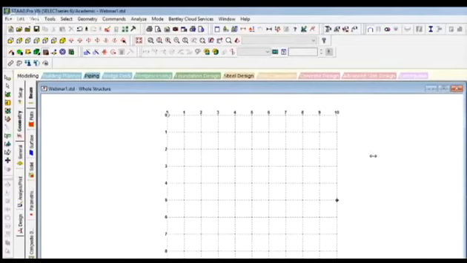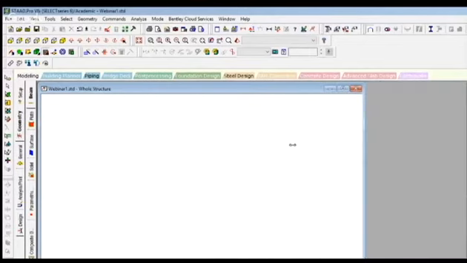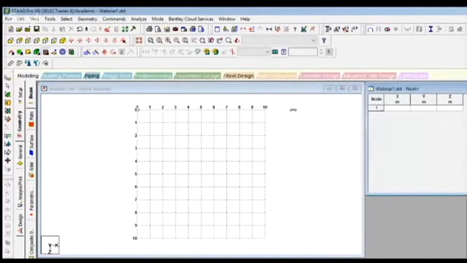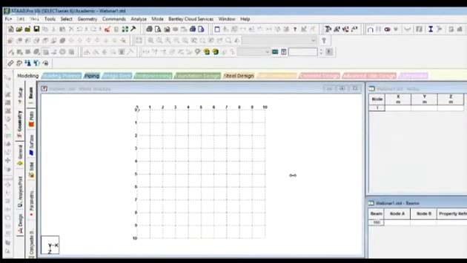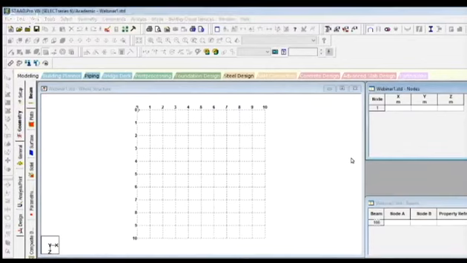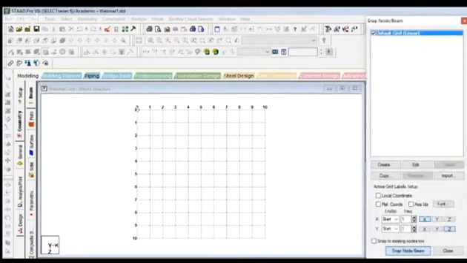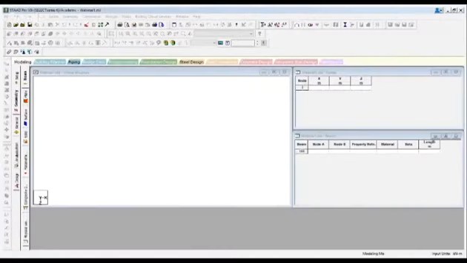Can you see the default grid? I hope you can see the default grid as well. If you can't see the default grid, I'm shrinking the window. Please wait for it. Go to default grid, then go to edit. Again, we will have a window, grid in XZ plane. Put OK.